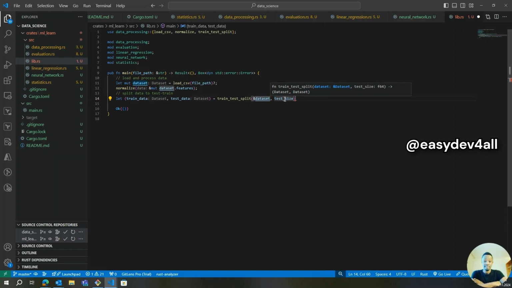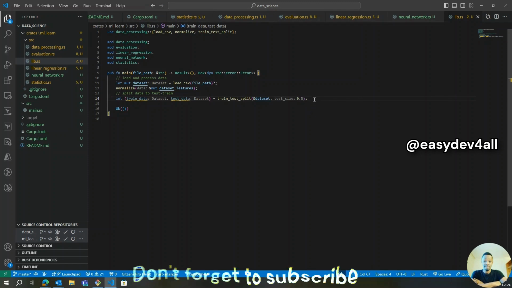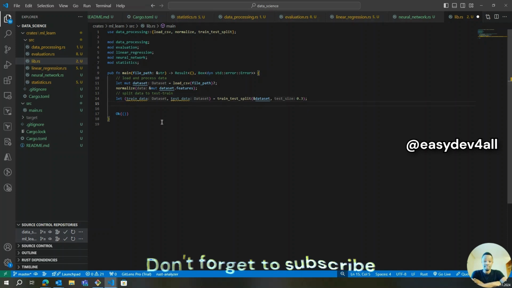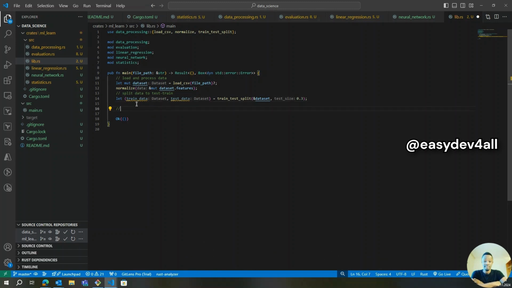For test size, I'm going to say I want to use 0.2 of it for testing, so we're going to use the remaining 80% for training. In some cases, people like to go the 70-30 way. It doesn't really matter. You're welcome to do whatever you would want to do. So we have split our data, and now we can actually